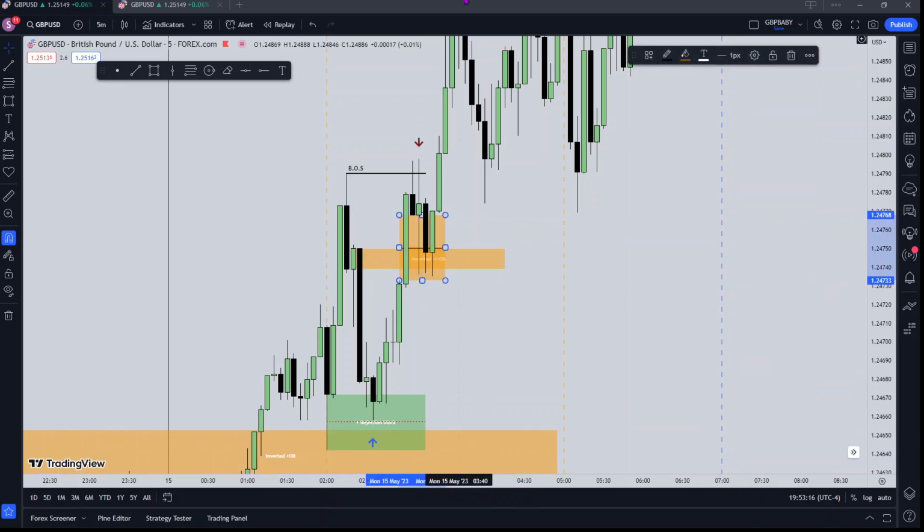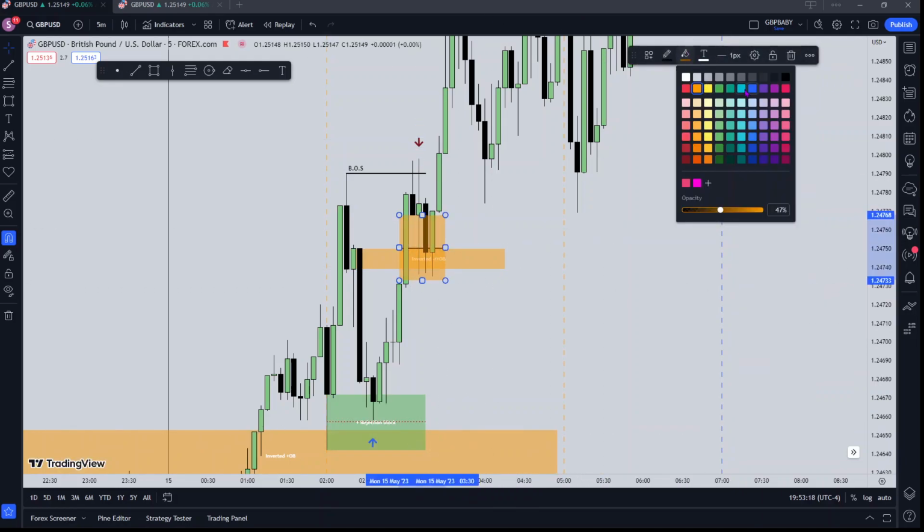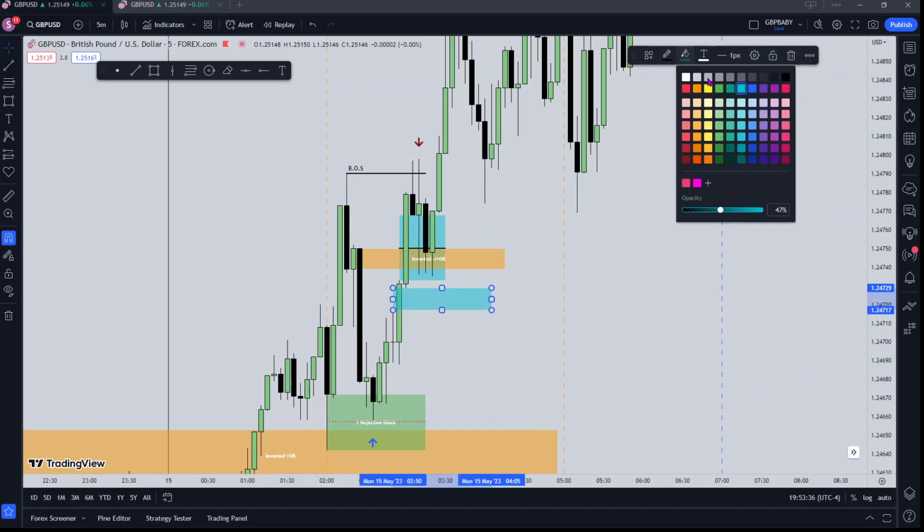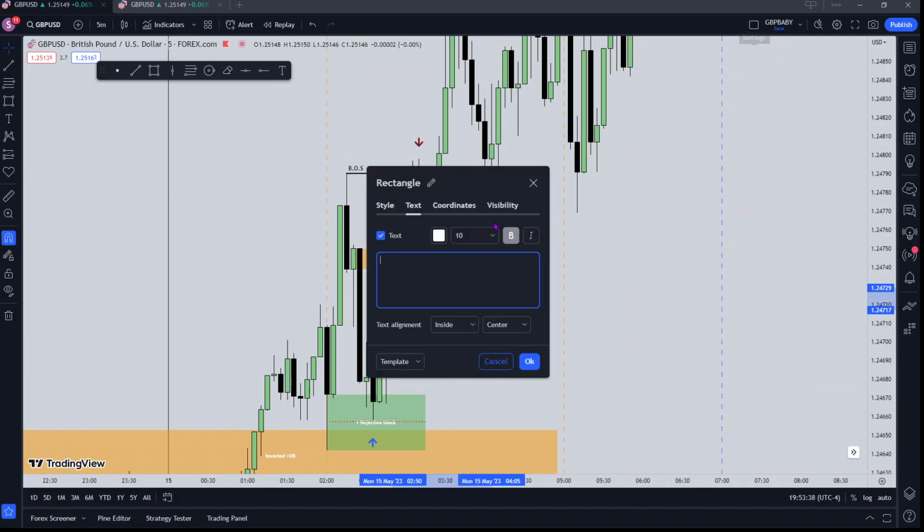I'm gonna make this a different color for the fair value gap. I'll make it a lighter blue. And you can see we found support and we traded away from that. Also, it's nice to see this breakaway gap, if that's what it is. Again, I'm still not 100% sure what a breakaway gap is actually defined as properly, like recognizing them, but